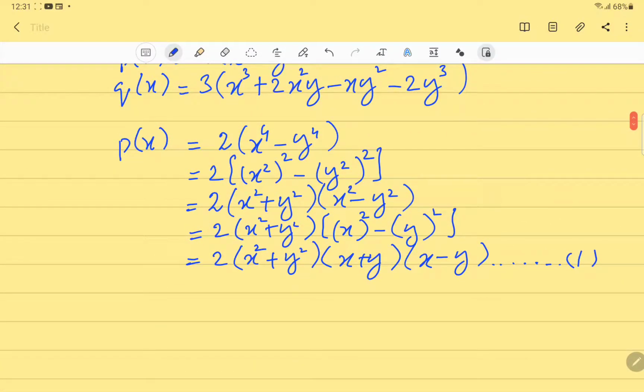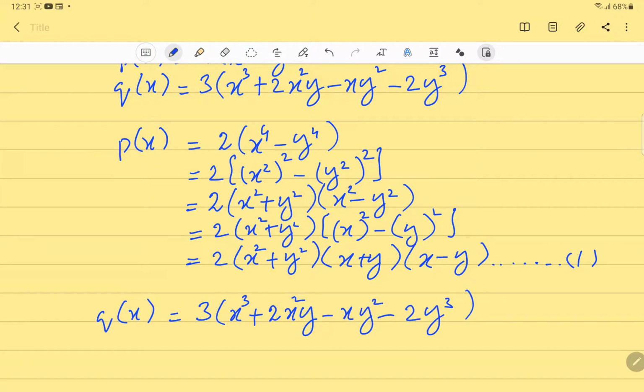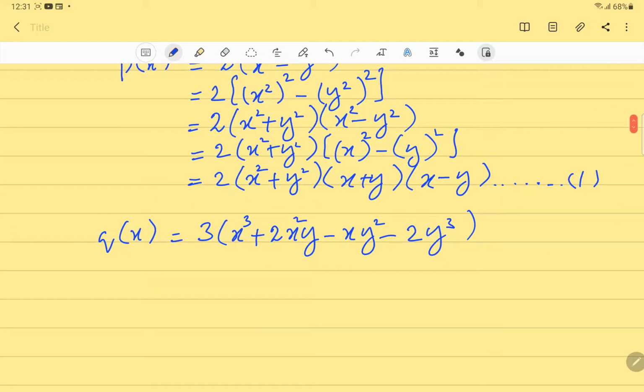Now we move on to our second expression. Qx is equal to 3 into x cubed plus 2x squared y minus xy squared minus 2y cubed. We have to play a small trick here in this expression to factorize it. What we will do,